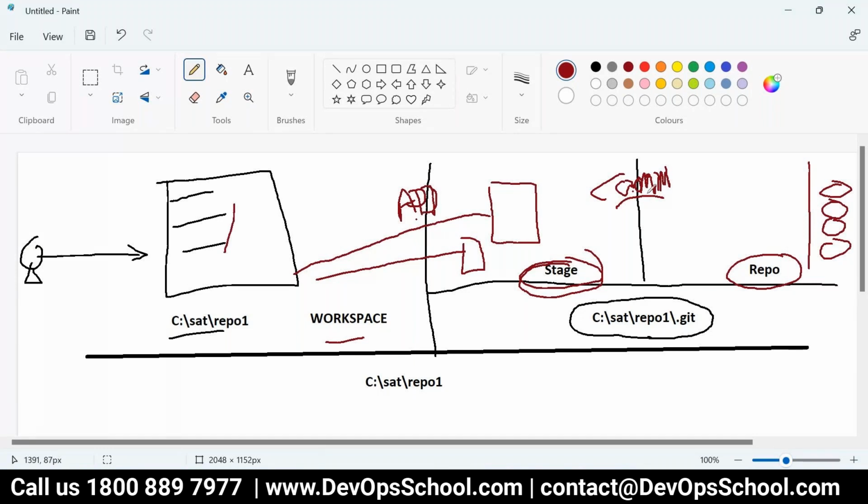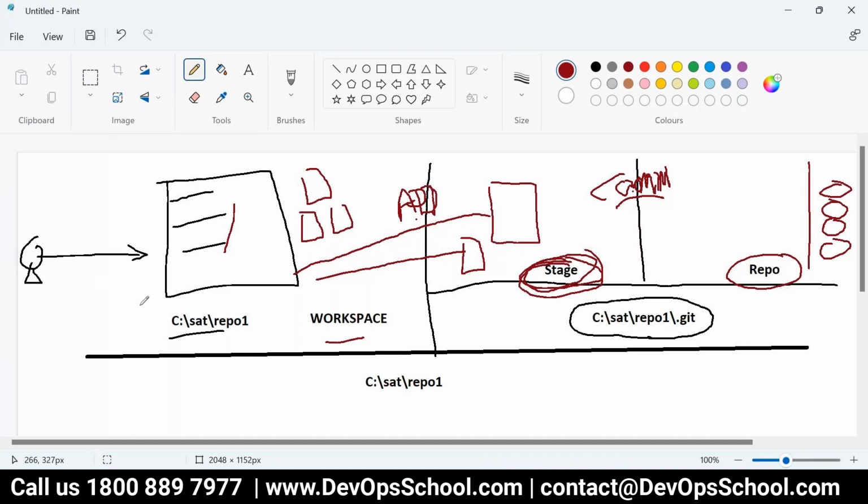Now you'll say, Rajesh, why do we have staging in between the workspace and the repo? Here you have so many files that you keep modifying, adding, deleting. After that, you move all the changes to staging, and then you can check whether the files you wanted to modify are there or not. So staging is a temporary review place for all the activity you did.